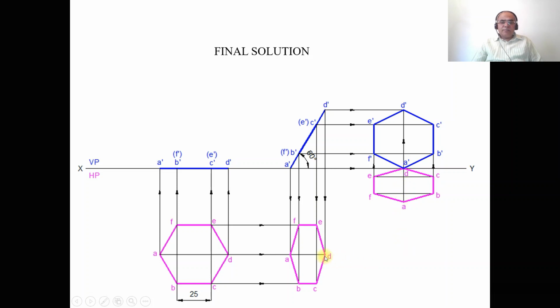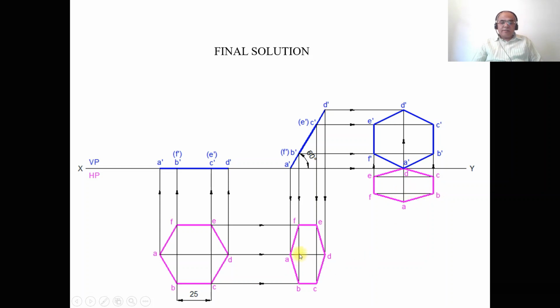Then you measure the distance from D to A using the compass from the second position top view. So with D as center, cut an arc on that vertical line, and you mark this point as A. Then you measure the distance from D to this point, which is the same as from A to this point. Then you transfer from D onto this vertical line here, and from A you transfer that point to here. Then you draw a horizontal line through this point, and also draw a horizontal projector line on this line.